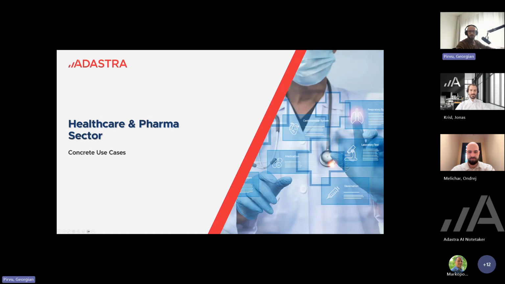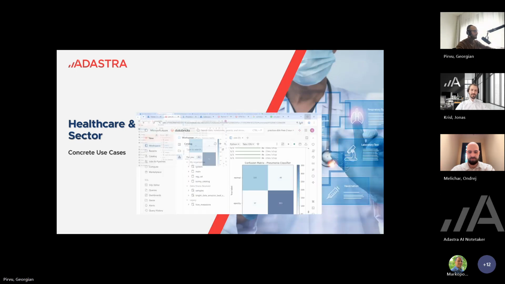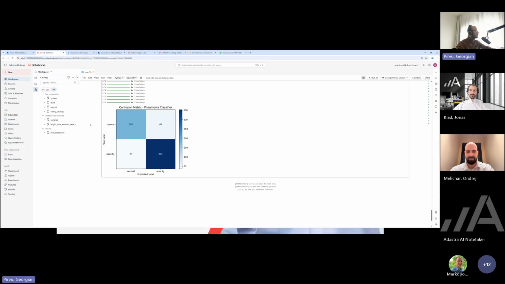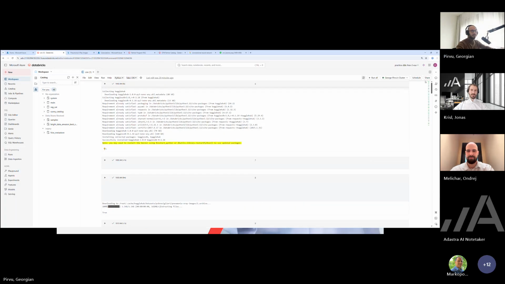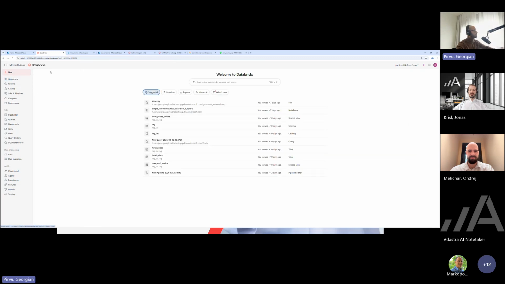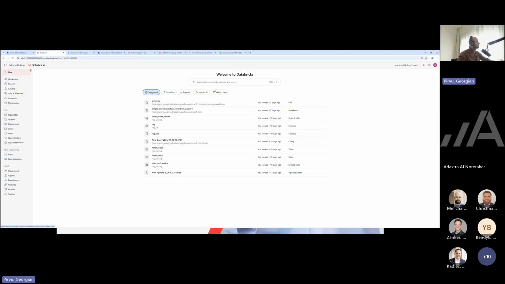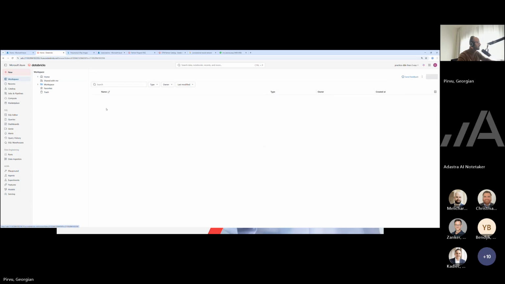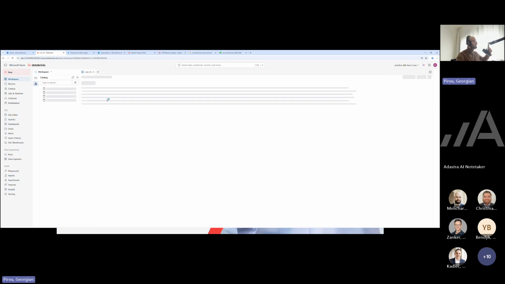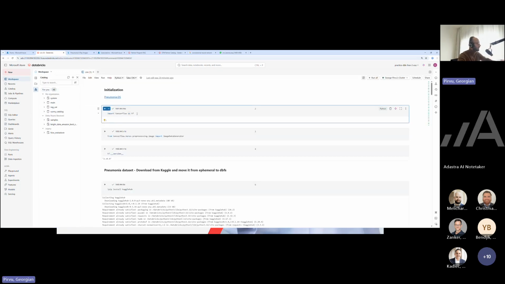So what are we going to demo in this section? I'm right now here in Databricks, in my Databricks environment. By the way, for the ones that haven't seen it before, this is how the Databricks UI looks from the engineering perspective. And what we are going to train in this session, actually I've done it in parallel when starting the session, because it takes some time. We are going to train a model that can recognize pneumonia in